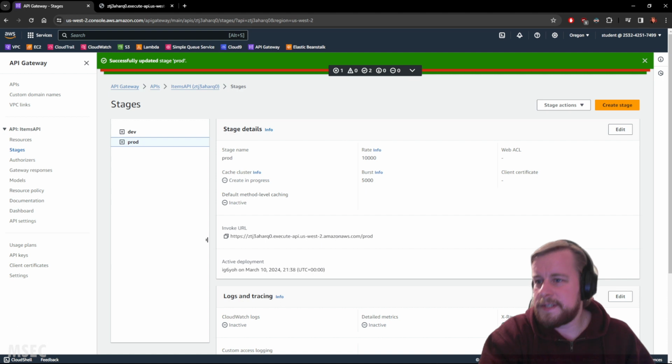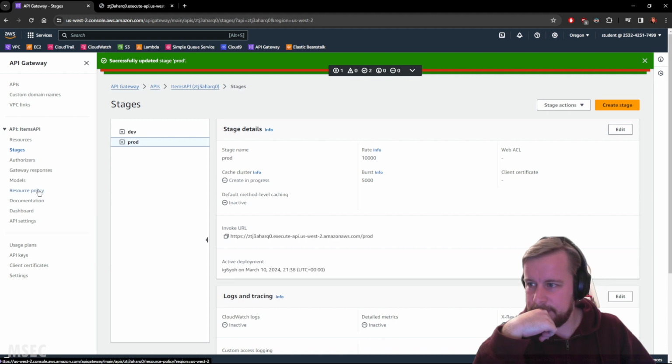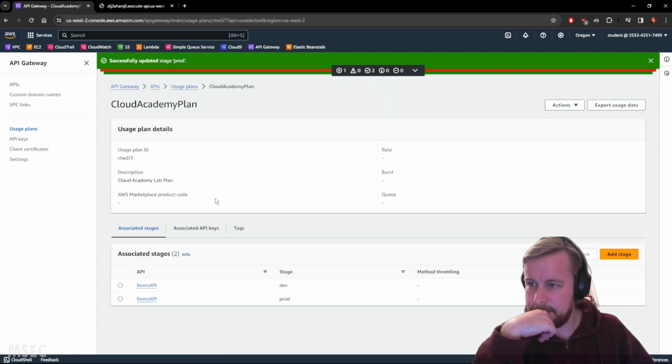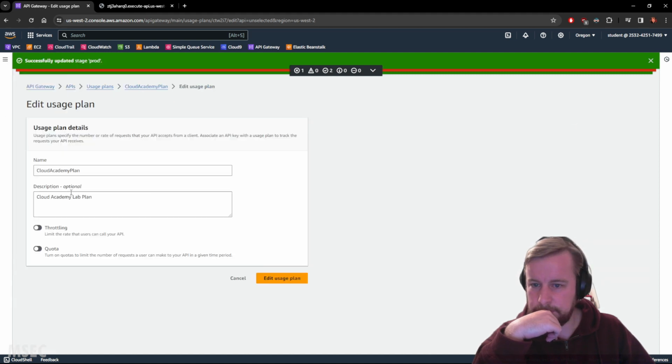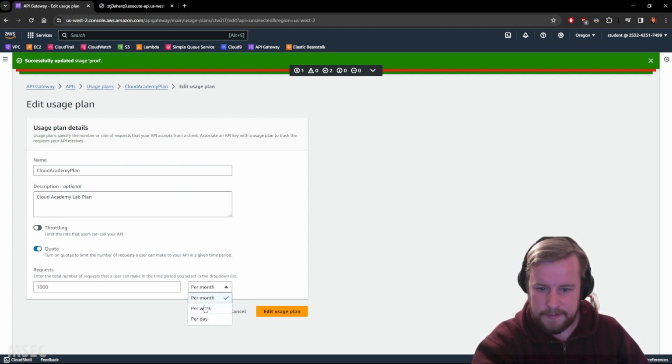In case you have special customers and you want to limit their access to your API, you can configure the throttling and daily, weekly, or monthly quota on the corresponding usage plan. Select usage plan. Academy plan, action, edit usage, and toggle quota. If the quota exceeds 1,000 requests per day,